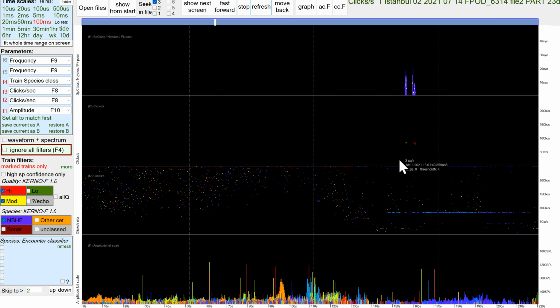So what we're focusing on here is errors made by the Kernow-F classifier. So here are a couple of click trains that have been classified as porpoises. This display is showing the species, class, and the number of cycles. And this second panel here is the FP1 file, and in it, showing clicks per second, you can see this very flat line at about the same rate as the click rate in the click trains there. Earlier, you can see a lot of other frequencies,